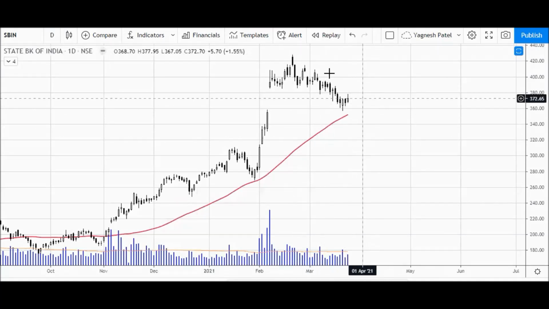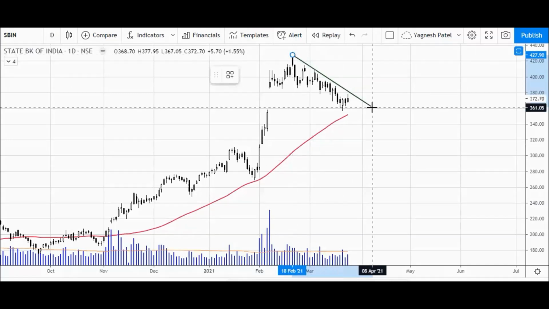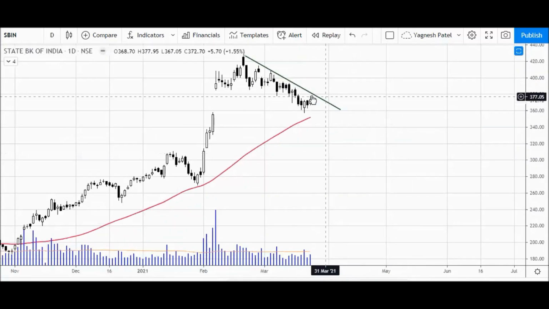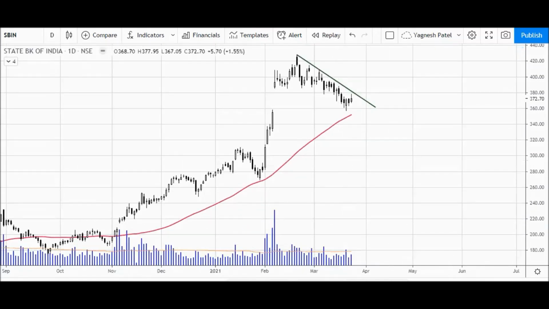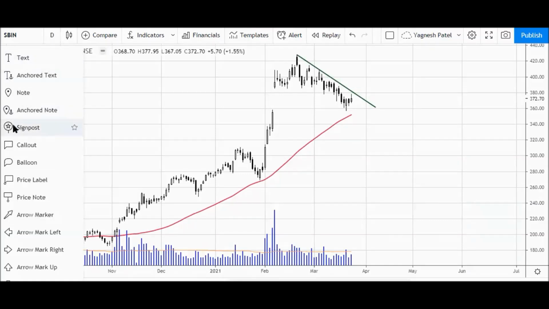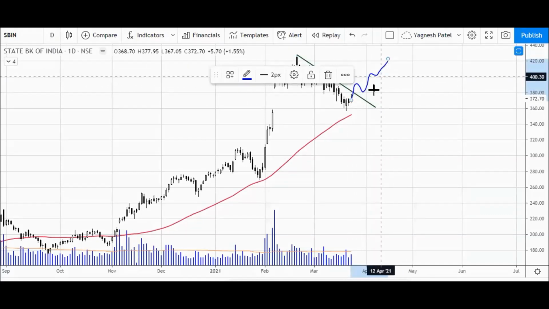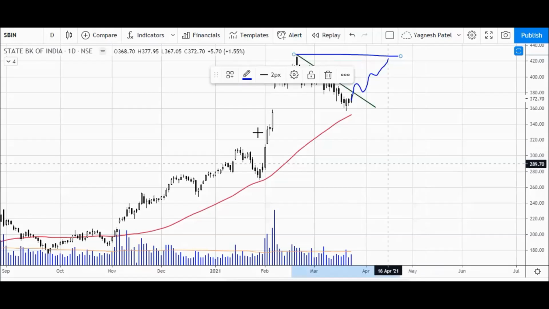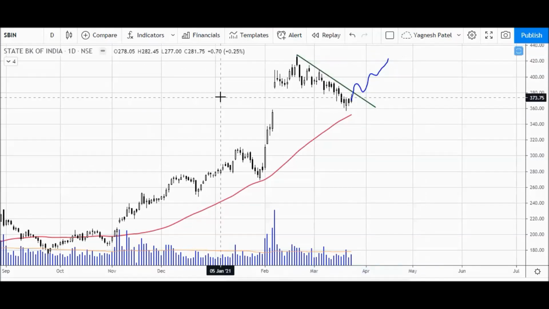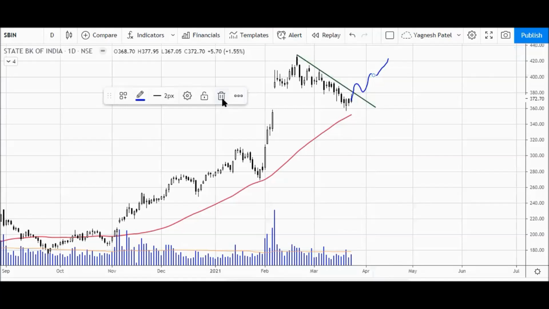You can simply draw the trend line which I have drawn here from this point to this point, and a breakout of this trend line will confirm that this trend is over and has changed. Further, we can expect a good move. If the trend line gives us a breakout, then we will see good upside momentum in the next couple of days. This kind of move we may see, and this will be the area of resistance for this particular stock. So this is a probable move.